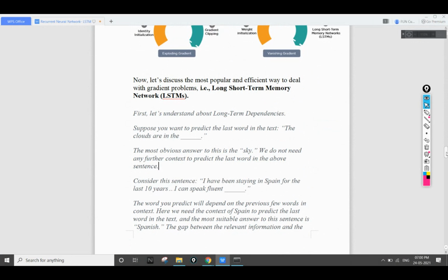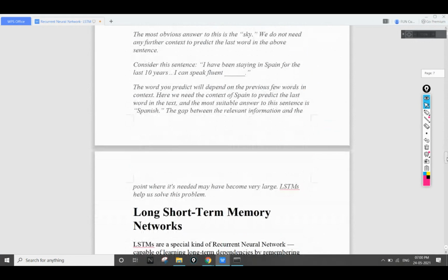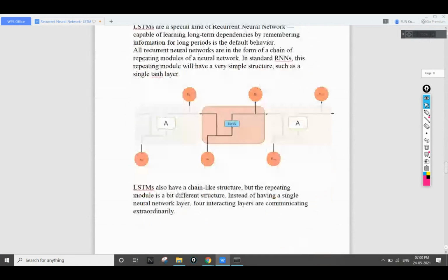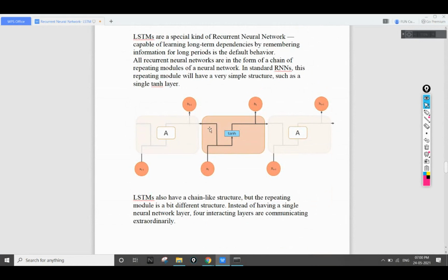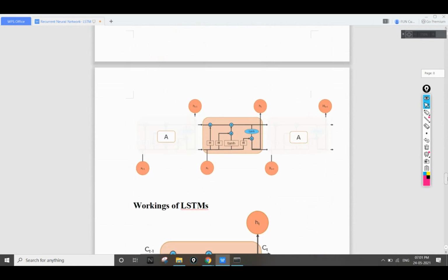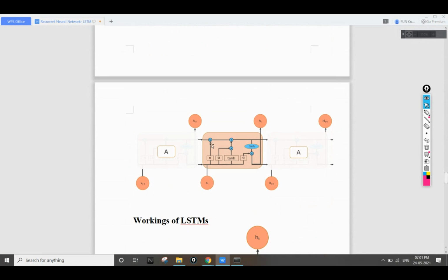Okay, this can also be done with the help of this LSTM network. This is a basic recurrent neural network in which we have the previous information. But in the case of an LSTM network, we have this type of configuration. Here we take sigma values. The sigma value will denote whether the previous information is useful to us or not, whether it is useful to us in the future or not.